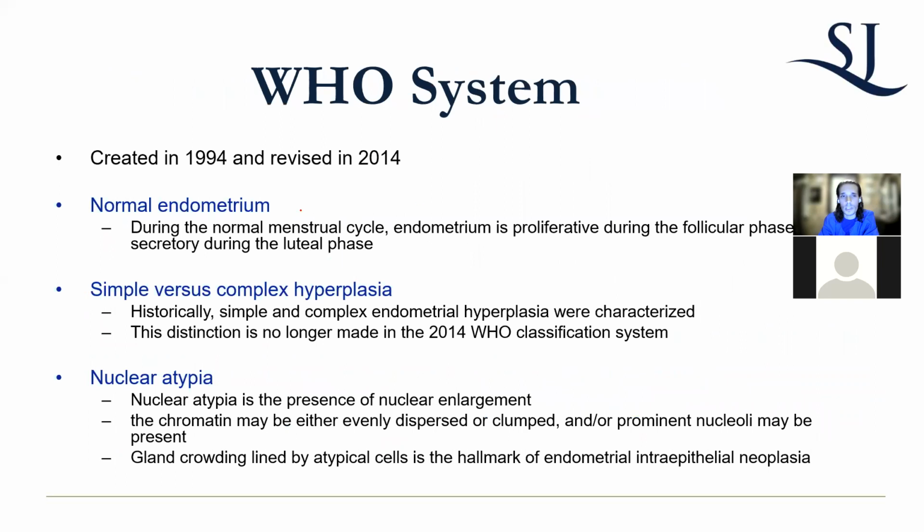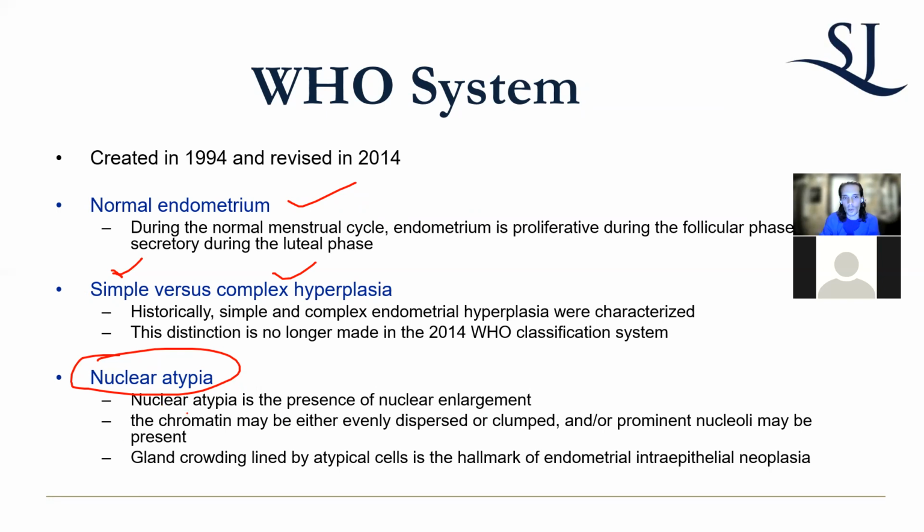The World Health Organization basically will say normal endometrium, or you could have simple hyperplasia. Hyperplasia is just the amount of cells, right? So the way that they classify it is simple, meaning there's not that much increase in cells. Complex means that there's a lot, but the bottom line is your atypia, okay? If you have atypia, that means that you have increased components in the nucleus and the nucleolus of your cell, which means that it's making itself bigger in a way that's abnormal. It's actually growing more, which is abnormal.